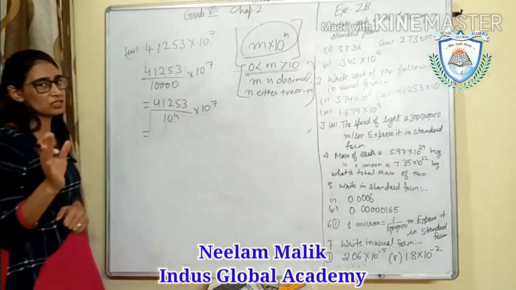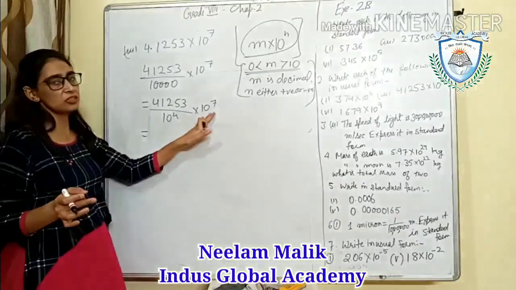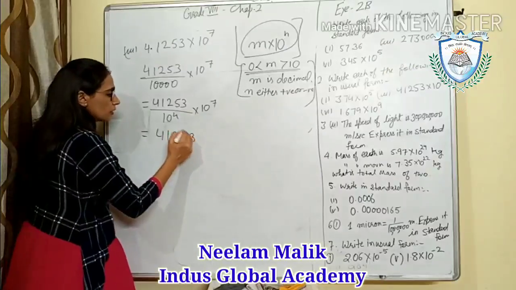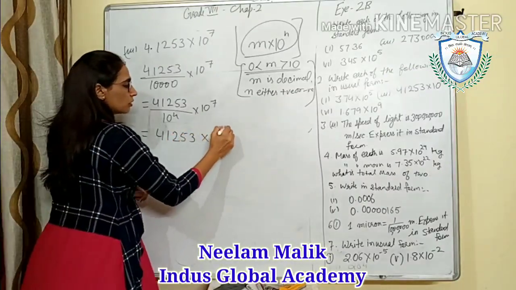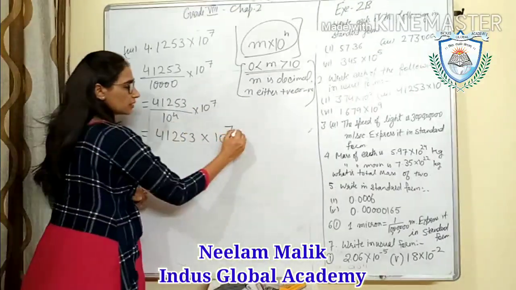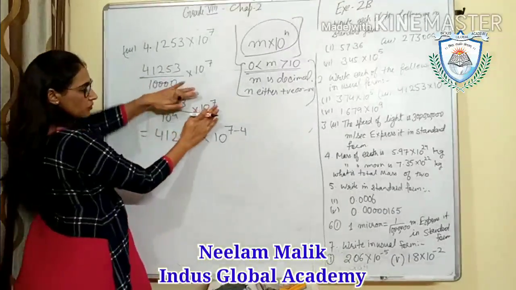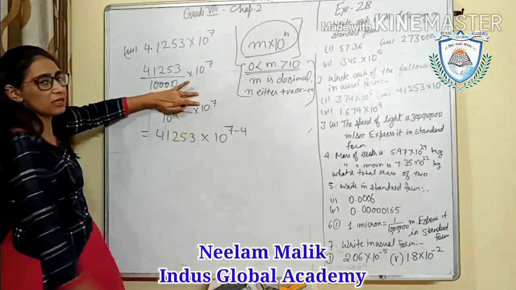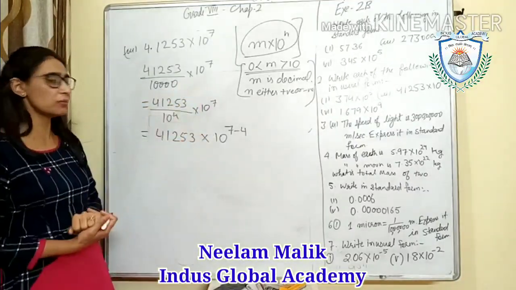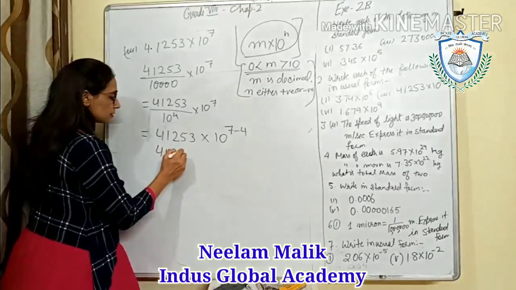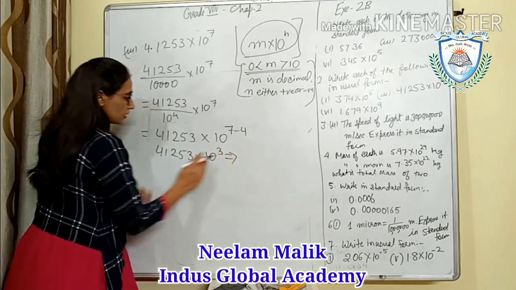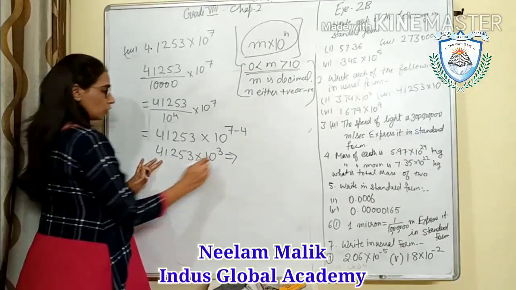Now I will not write the step that I have done. First you will take this; below this I will not explain that. Now this power is downside, so it will go up and it will be minus. Or you can say 10 raised to power 7 divided by 10 raised to power 4. Bases are the same, powers are different, they are in division, so we will do minus here. So our answer is 10 raised to power 3. We can say this number will be multiplied by 1000.